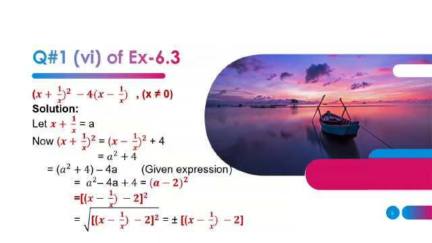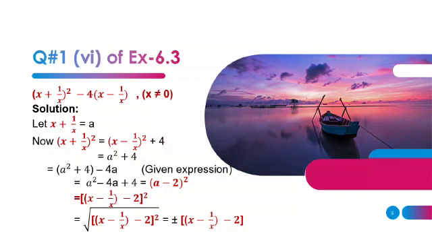You will get a square plus 4 minus 4a, and by rearranging the terms you will get a square minus 4a plus 4. Then you can easily see that by mid-term break you can convert minus 4a into minus 2 and minus 2a, and at the end you'll get (a minus 2) whole square. In place of a you can write x minus 1 over x, which was your assumption at the start,